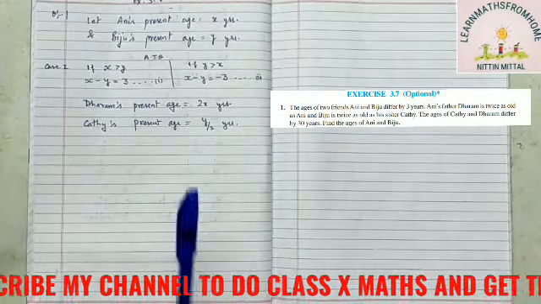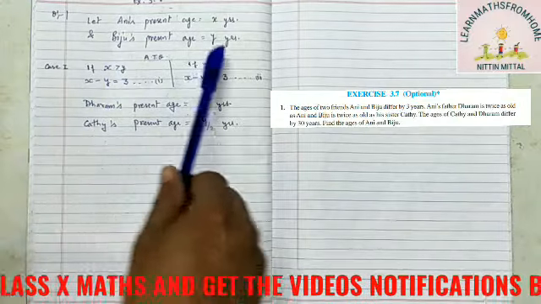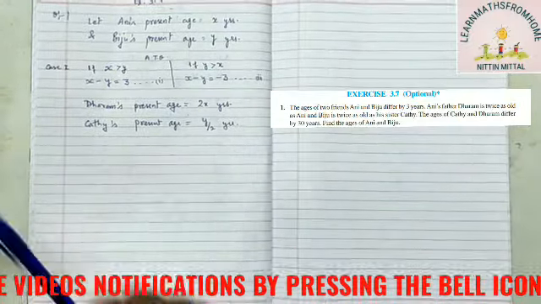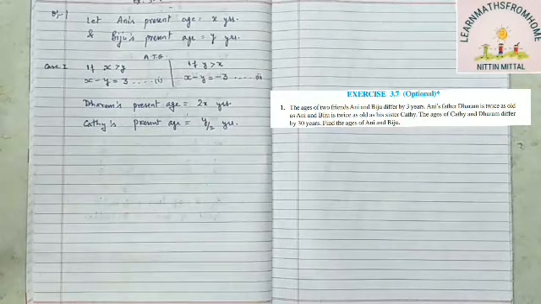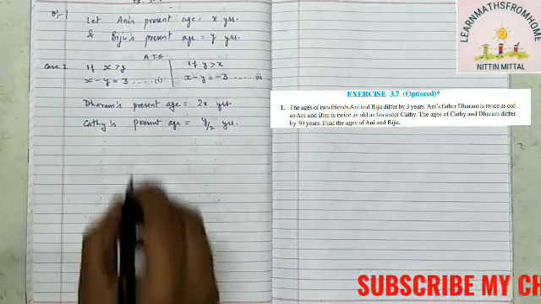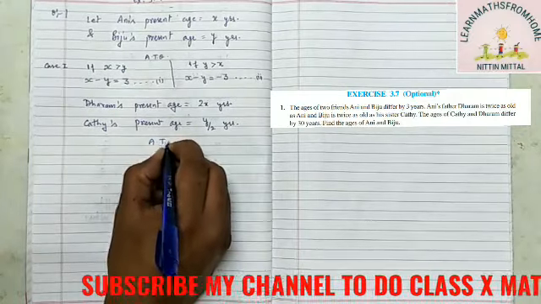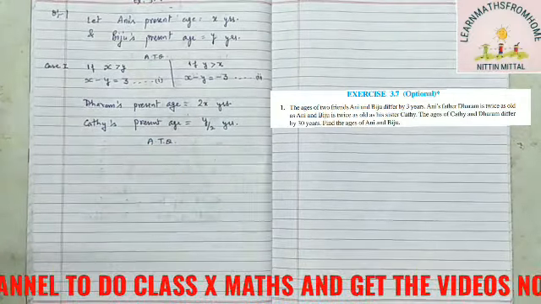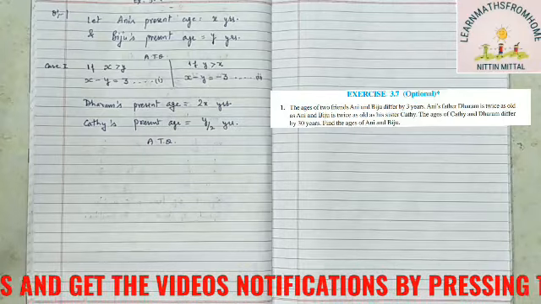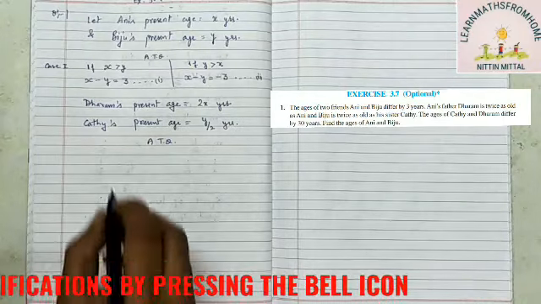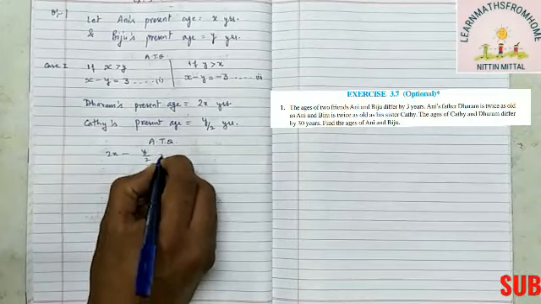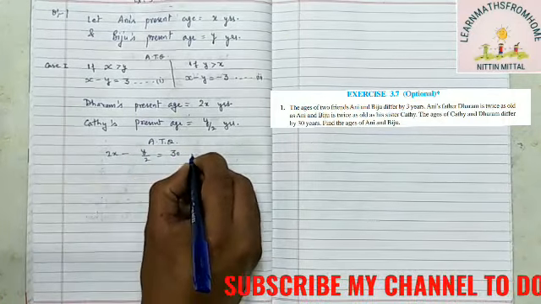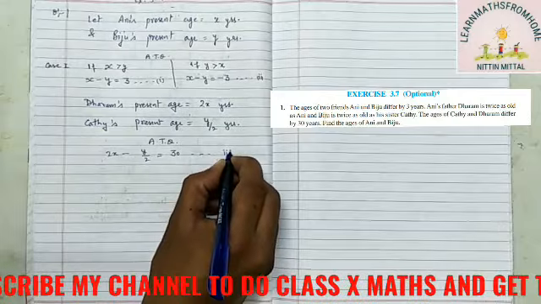Now obviously Ani and Biju are friends with an age difference of 3. Dharam is the father of Ani, so Dharam must be older than Kathy, no doubt about that. So we have to make an equation, and for that they have given us the difference between Dharam's and Kathy's age, which is 30 years. So 2x minus y over 2 is equal to 30. So this is your equation 3.